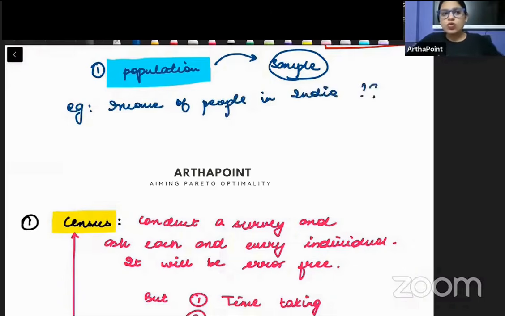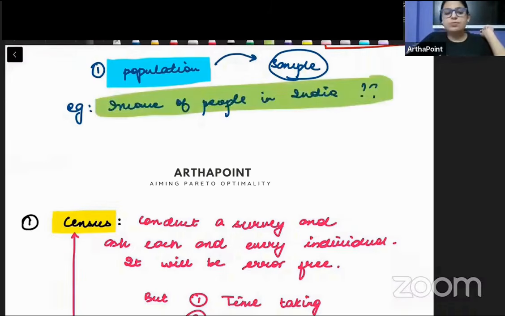And let's say I start going to each and every household. मैं एक एक घर जा रही हूँ across different states and I start asking them, okay, how much is your income? How much is your income? How much is your income? ऐसे करके मैं एक एक का income पूछ रही हूँ. So if I collect the data of all the people in the population,